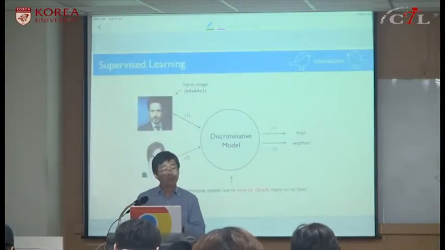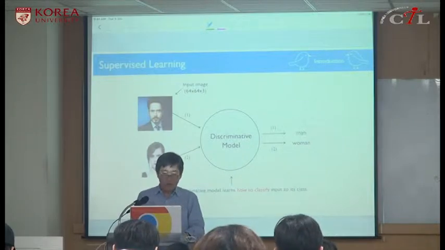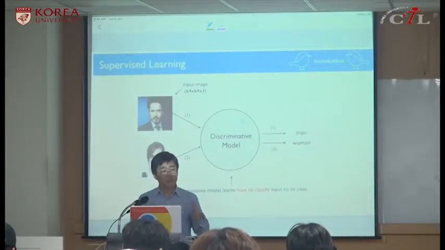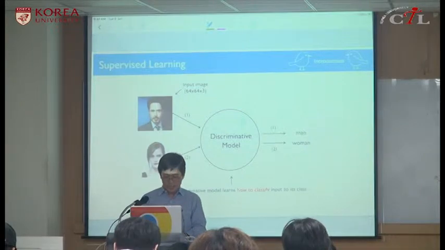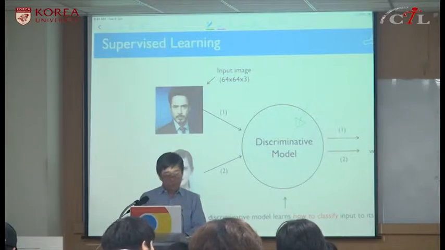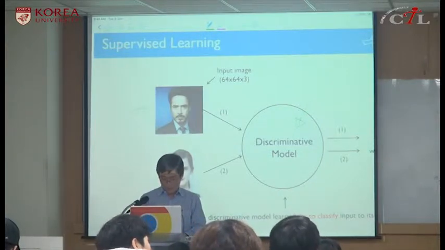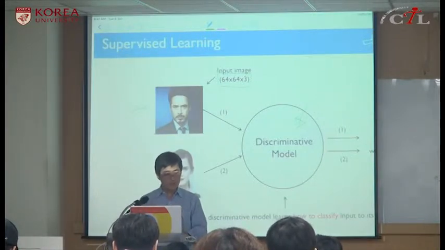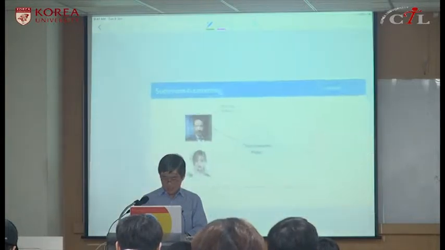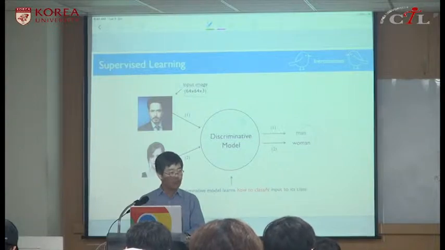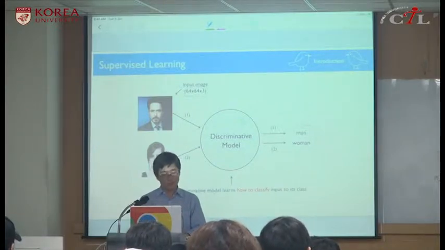Let's get back to a familiar model, the discriminative model, which does classification or regression. In that setting, the given information is composed of many pixel values. For example, if we have an image as input, we have so many numbers. At the end, if it is classifying whether the given image is a man or a woman, the final output can be viewed as just a single